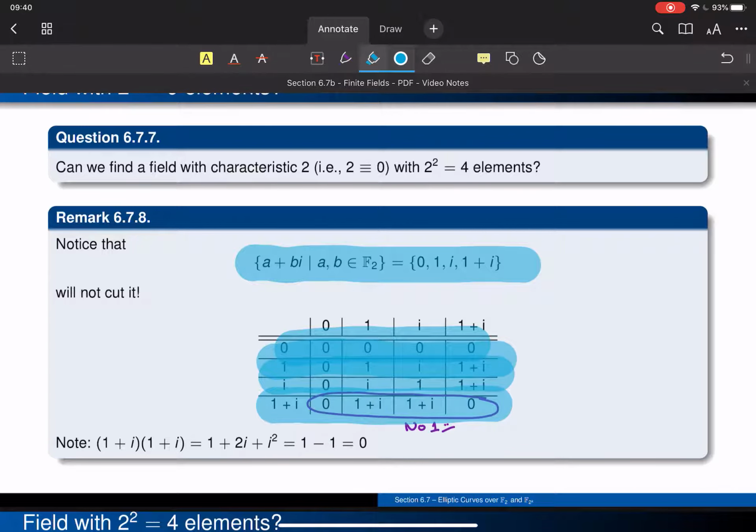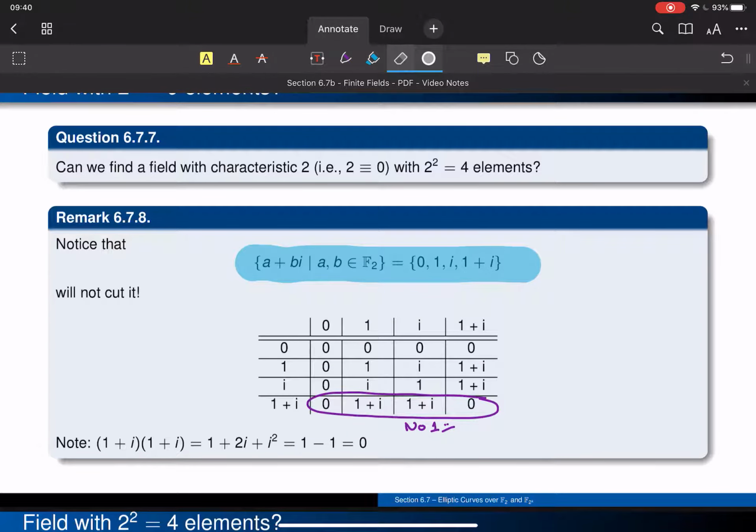it all breaks down. It becomes pretty cruddy in that we don't see a 1, so I have no inverse, and we actually get some repetition. The weird thing here is that if you take 1 plus i and multiply it by another 1 plus i, they multiply to make 0. And that's something I really don't want to have. I don't like having a non-zero thing multiplied by another non-zero thing, and they multiply to make 0. That notion of zero divisors is really bad